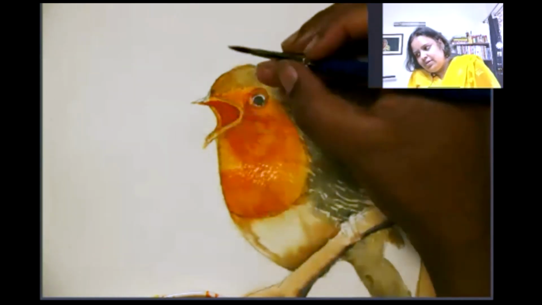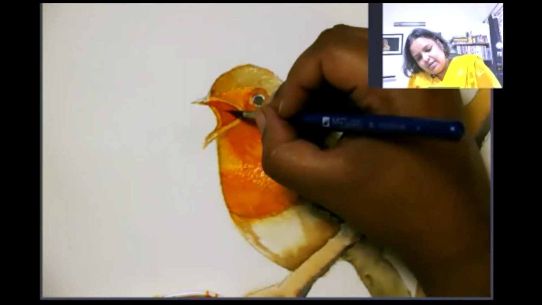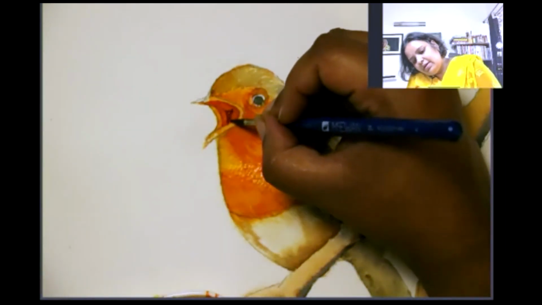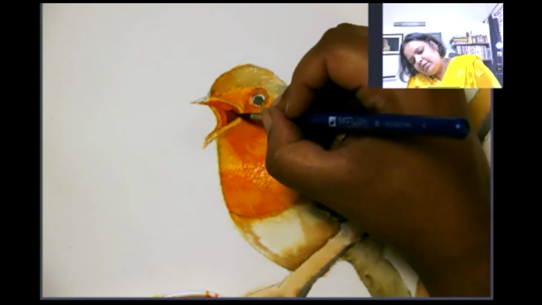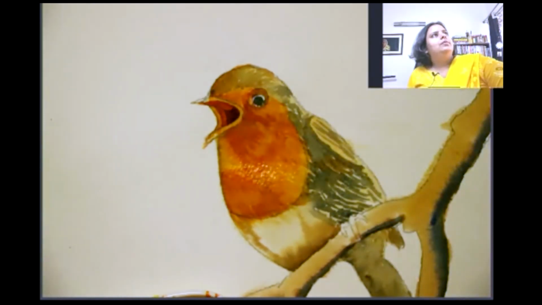Now I will go one more time and add, I am using burnt umber this time, and I am adding a little more dark color over here. See now how it is starting to develop.